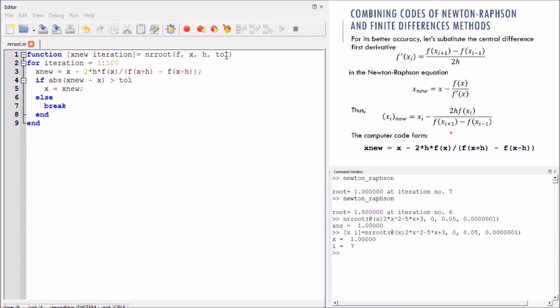Finally, let's add some default values, because sometimes, for example, the tolerance could be a default value. We don't have to enter the tolerance every time. Maybe also the step size. So actually, it's enough to define two things: the function and the first guess. This is the best thing. So let's save the function